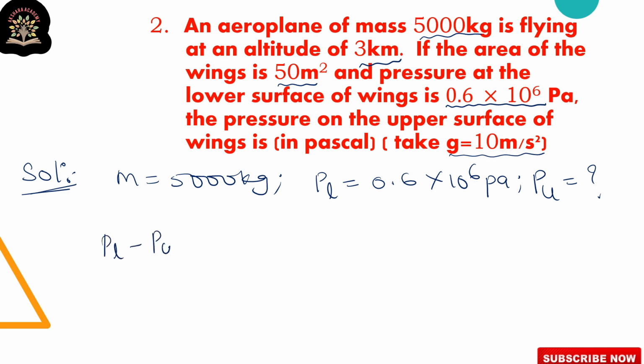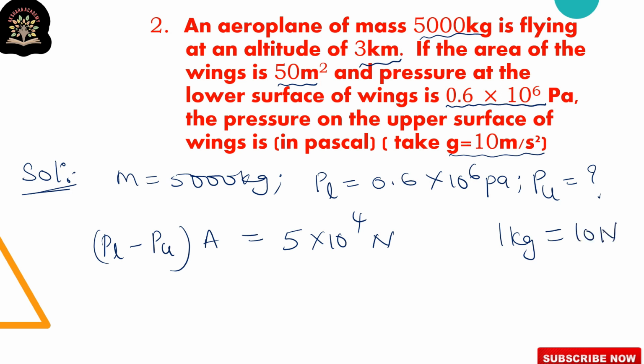So PL minus PU over A is equals to 5 into 10 to the power of 4 newtons, converting kilogram into newtons. Here 1 kilogram is equals to 10 newtons. Here 5000, 1, 2, 3 zeros into 10, so nothing but 5 into 10 to the power of 4 newtons. So here substituting PL value, 0.6 into 10 to the power of 6 minus PU is equals to 5 into 10 cubed